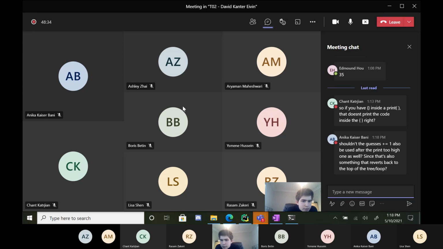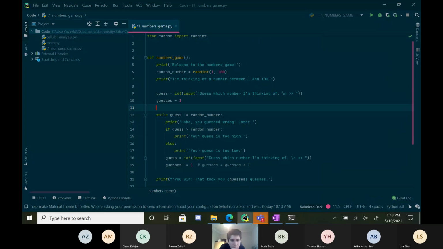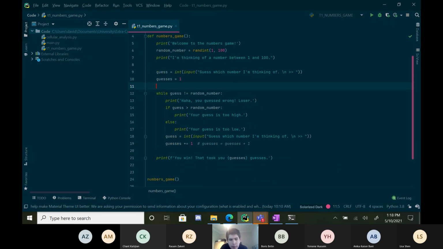Shouldn't the guesses plot? Not quite sure what you mean. So the reason why I've done it this way is essentially this guesses is always getting set after the user makes a guess. And